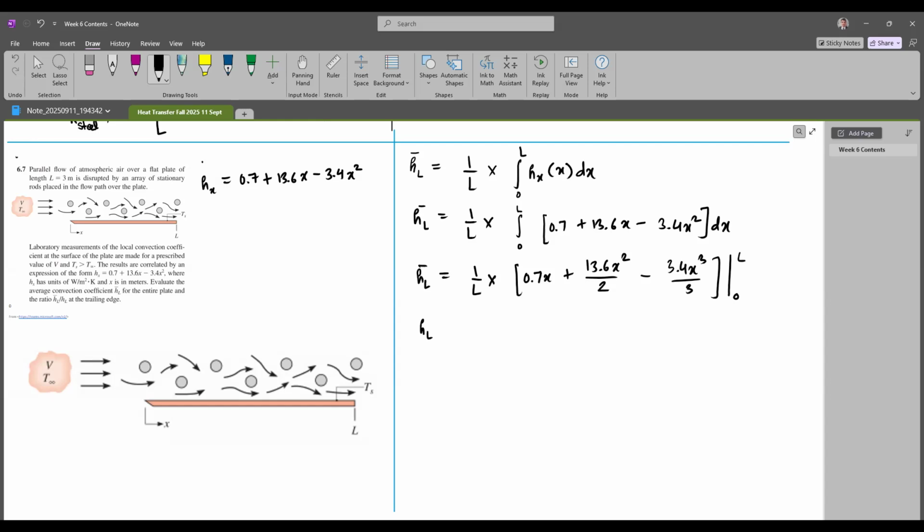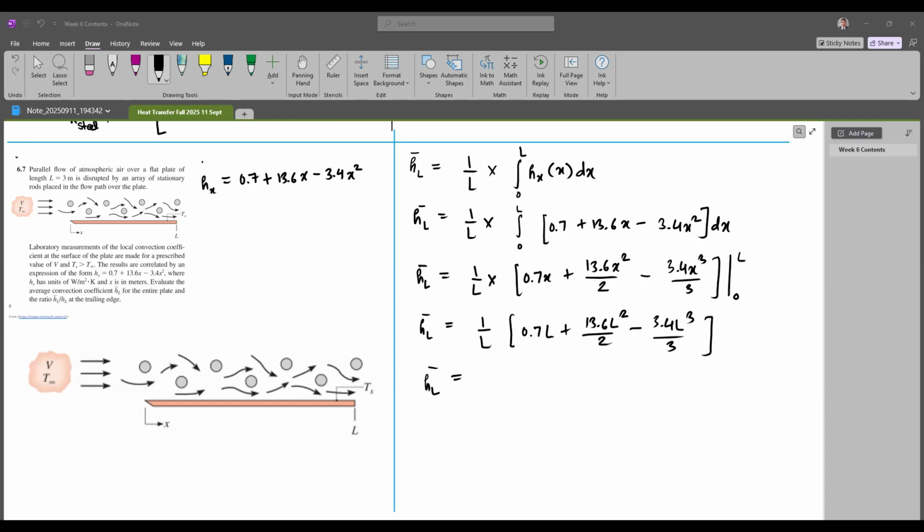So HL bar would be 1 over L times 0.7 L plus 13.6 L squared over 2 minus 3.4 L cubed over 3, and the terms at 0 will be 0. So HL bar would be finally,